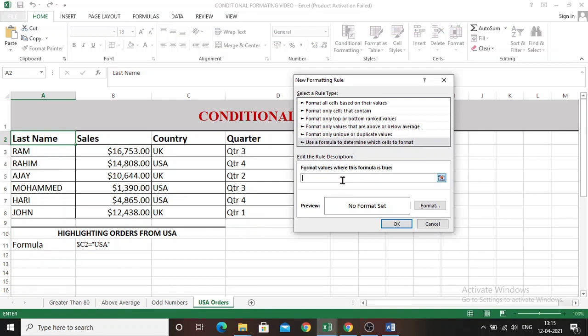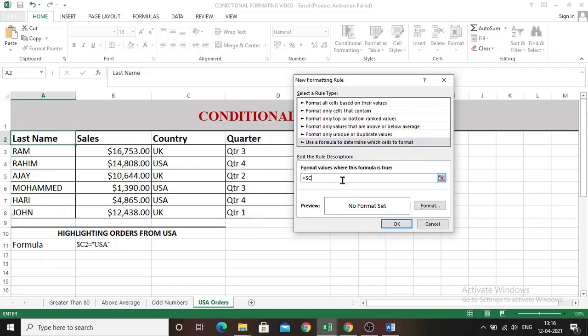Here we have to type the formula, type equal to, then in which column you want to check. In this case I want to check based on the country. The country is given in column C, so type that, type dollar, then type column C. The reason for giving dollar symbol is we are fixing the reference with column C alone.